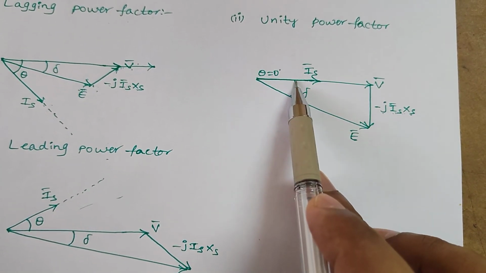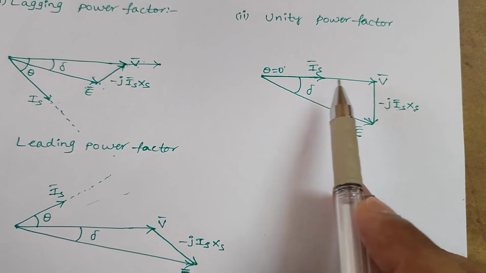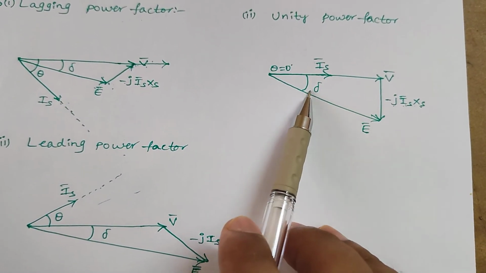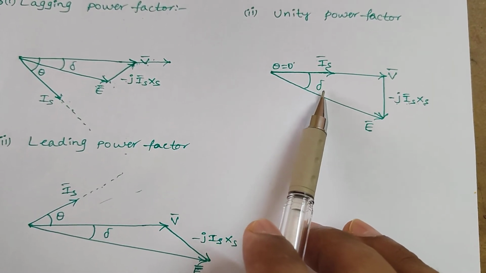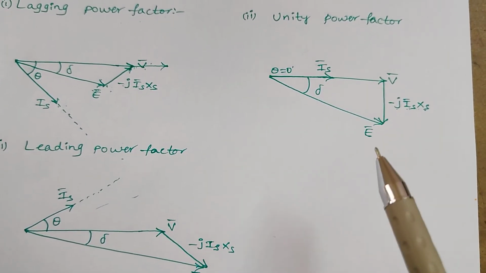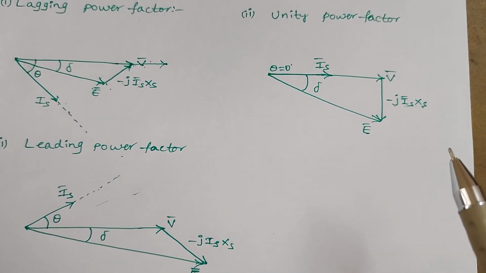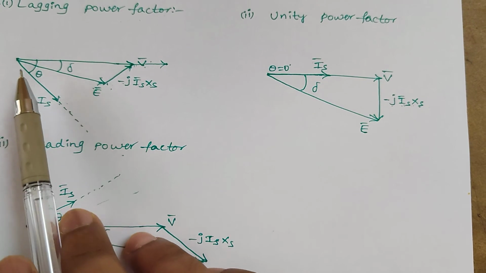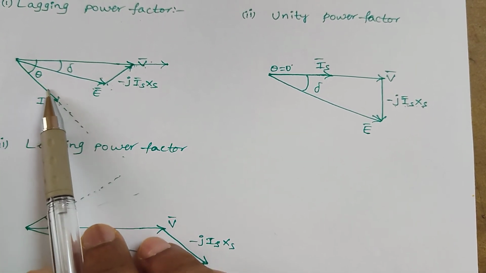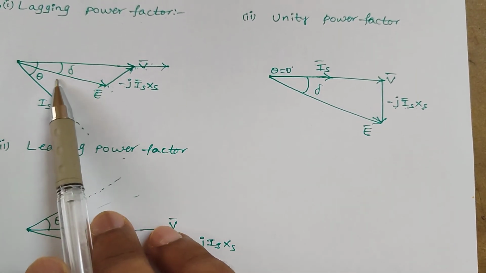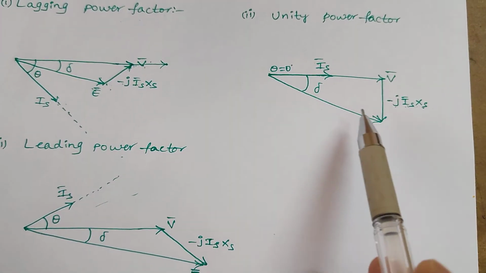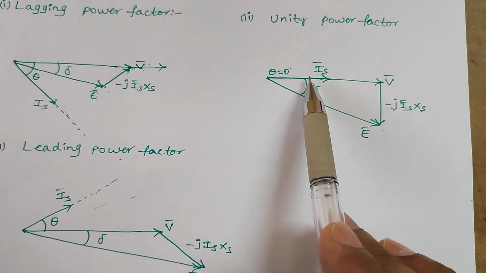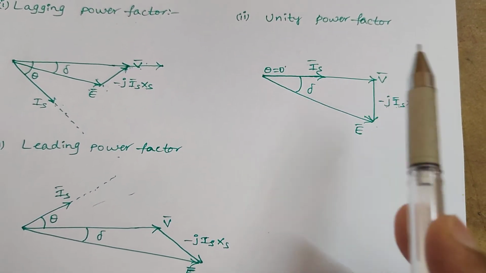The corresponding torque angle is delta only, but that may vary. By varying the load torque angle, we are going to get different torque characteristics, right? That's why when you operate the synchronous motor at lagging power factor, you get one type of load torque angle. At unity power factor, the load torque angle is different.